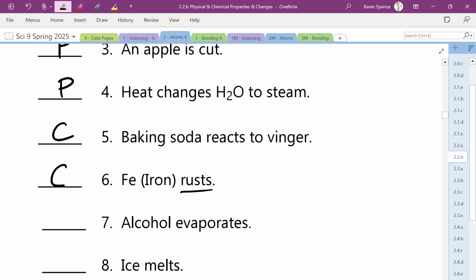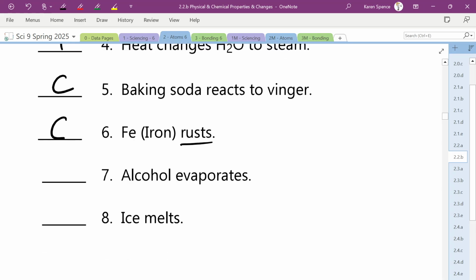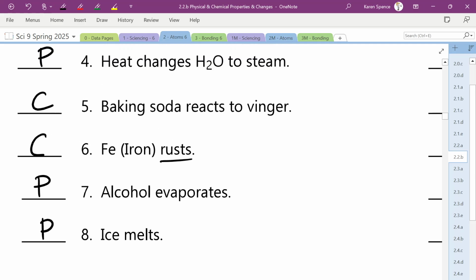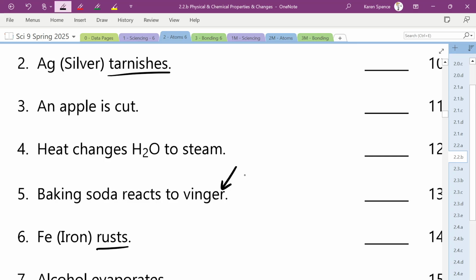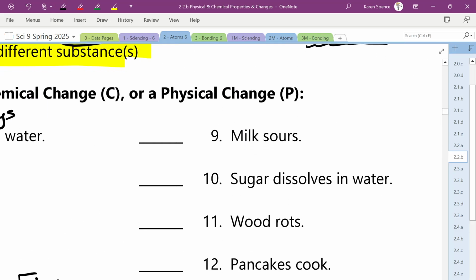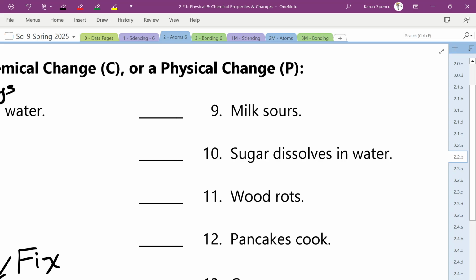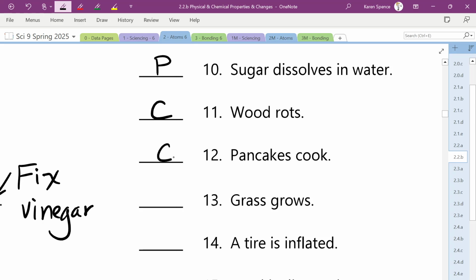Iron rusts. Chemical, because we end up with that rusty, brown, flaky stuff. Alcohol evaporates. Physical. That's a change of state. Ice melts. Physical. Ooh, I need to fix that. Fix vinegar. Okay, there. Vinegar. Milk sours. Chemical. Sugar dissolves in water. Physical. Wood rots. Chemical. Pancakes cook. Chemical, because you start